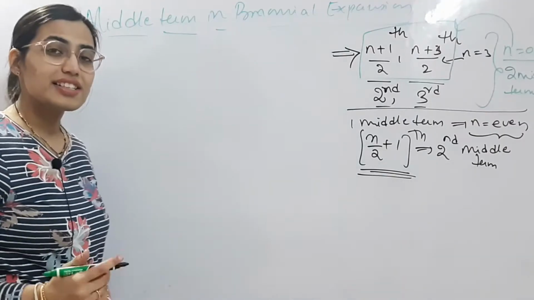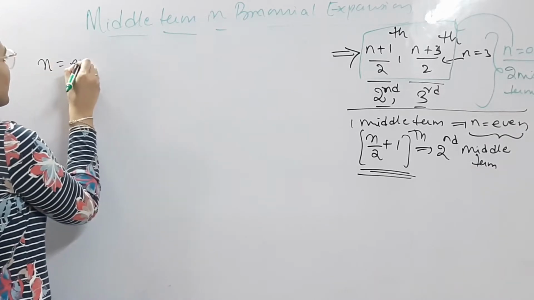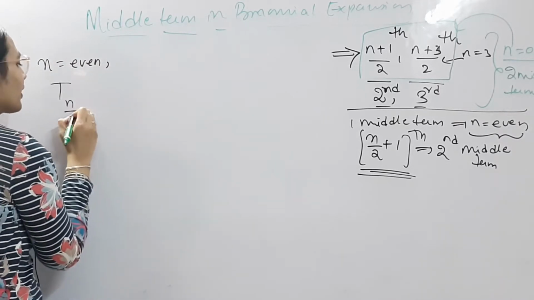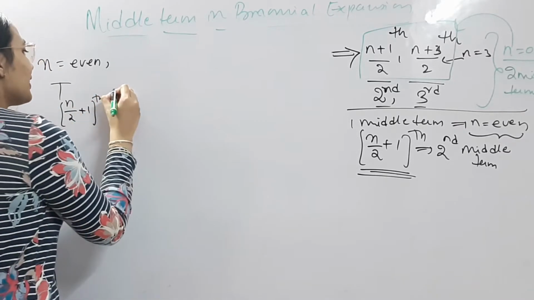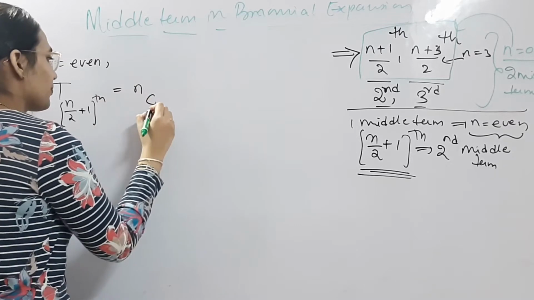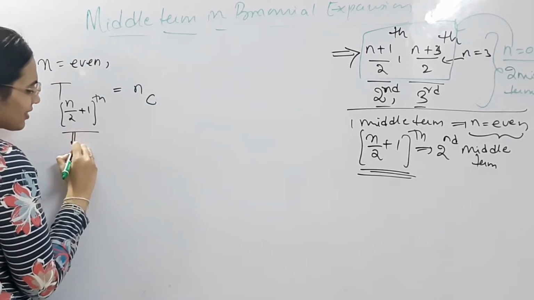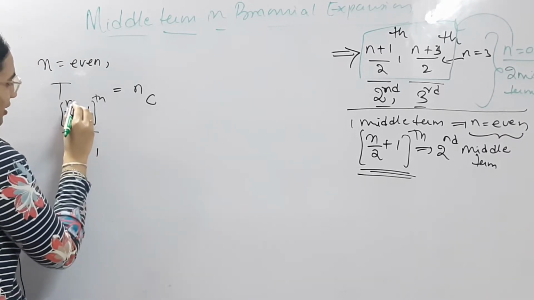Okay. So now what is the (n/2 + 1)th term? That is, whenever n is even, how do you find the middle term? You know for a fact that we need to find the T(n/2 + 1)th term. That is nothing but nCr. We need to find r. What do you think r is here? Is it not straightforward that the general term is T(r+1)